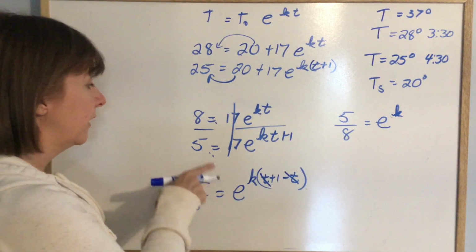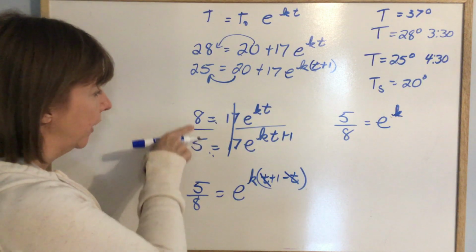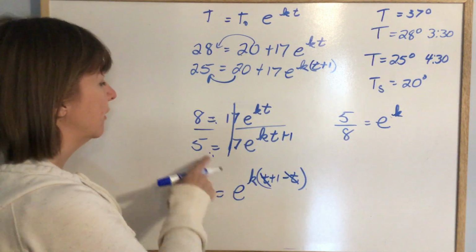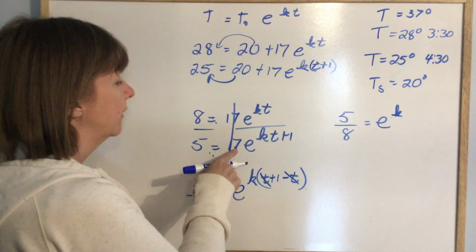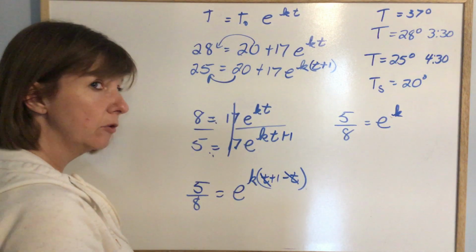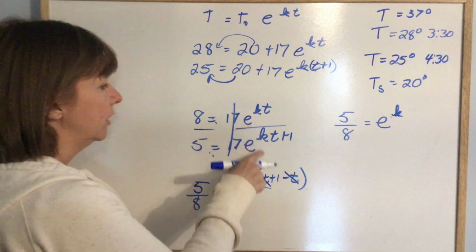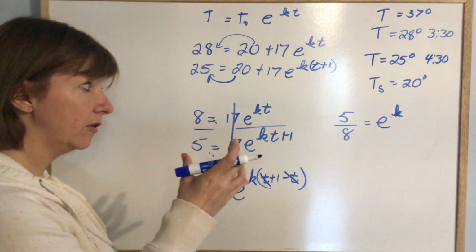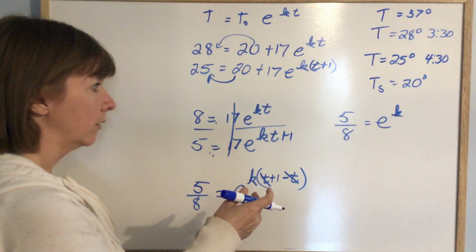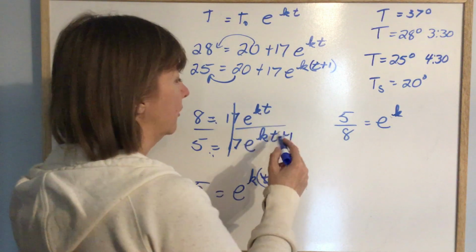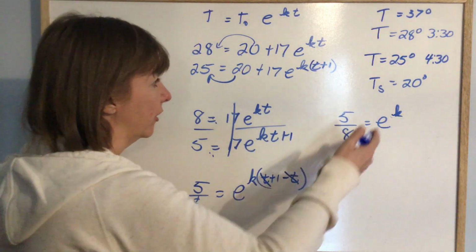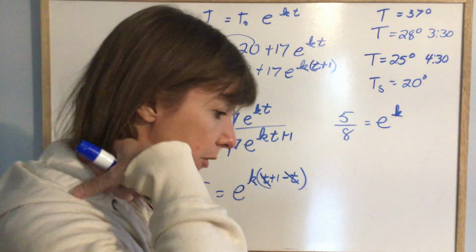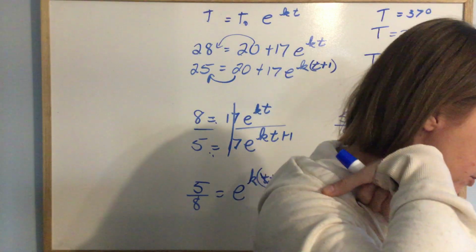So all I did was I divided this by this. So 5 divided by 8. They didn't bother to make it a decimal. They just left it as a fraction. 5 over 8. 17 over 17, that cancels. e over e, we're going to actually just subtract our exponents, which just leaves us with k. All right, so